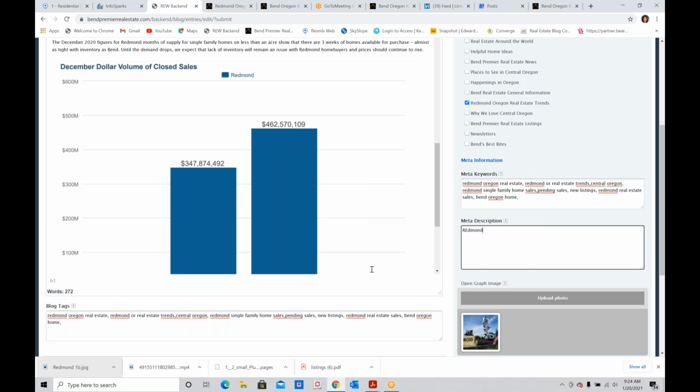So Redmond, Oregon real estate sales reflected a very strong seller's market in 2020, with prices rising and, I should say, lack of inventory an issue. So again, words that are important for people to see: Redmond, Oregon real estate, prices rising, lack of inventory, seller's